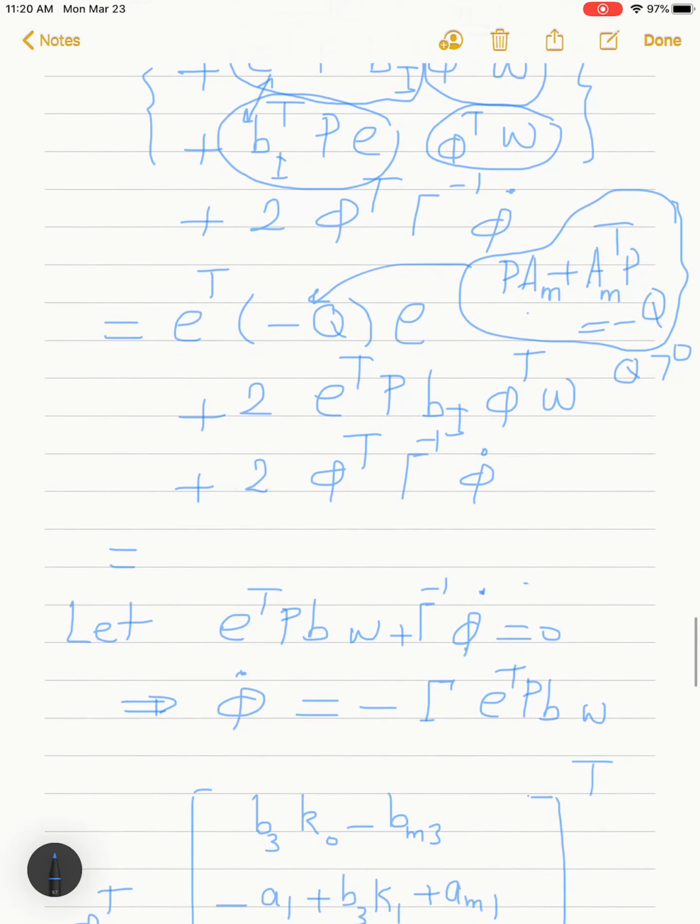Okay, now if we look at the last equation here, this is a negative term, but these two terms actually are indefinite. We can't tell their sign, so that's why we force them to be equal to 0, and that would produce minus E transpose times Q times E. So this is a negative semi-definite Lyapunov function,